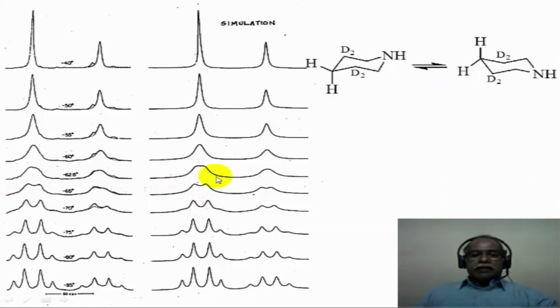Now, this is the methylene region of the NMR spectrum of the piperidine molecule. And you can see here at a very low temperature of minus 85 degrees Celsius or so, there are 2 AB quartets. One AB quartet has nearly twice the intensity of the other. In fact, the hydrogens in the 4 position would appear as an AB quartet at low temperature when there is no rapid interconversion between the two states. Similarly, the hydrogens in the 2,6 positions would show an AB quartet corresponding to 4 hydrogen intensity. That is the reason one of the AB quartets is twice as big as the other.